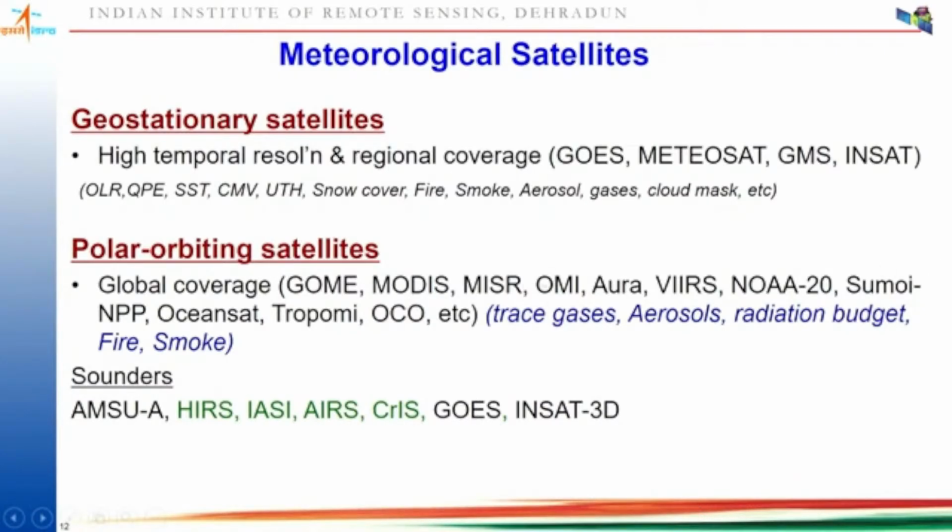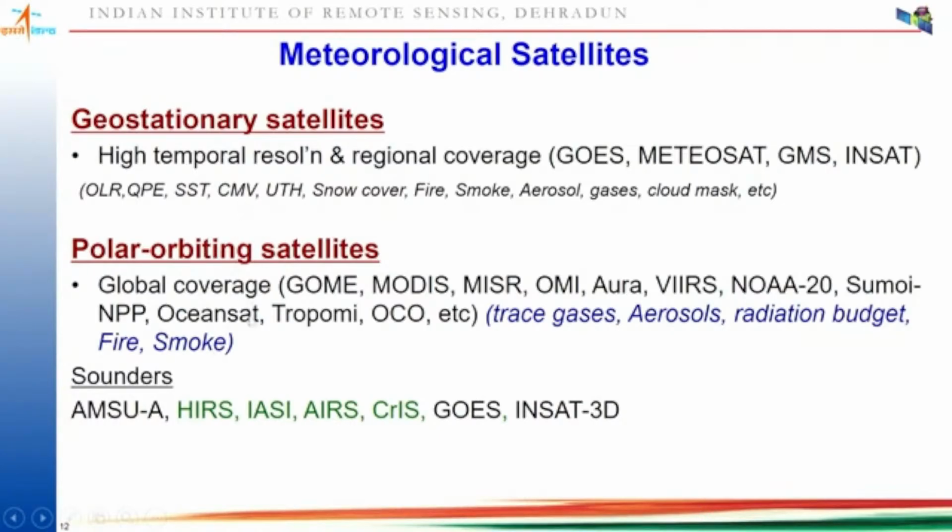So these are the names of the sensors: Aura, VIIRS, Nova 20, Suomi NPP, OceanSat, TROPOMI, OCO, that is the Orbiting Carbon Observatory. These can measure different trace gases, aerosols, the radiation budget, fire occurrences, smoke, and so on. Also, these measure the